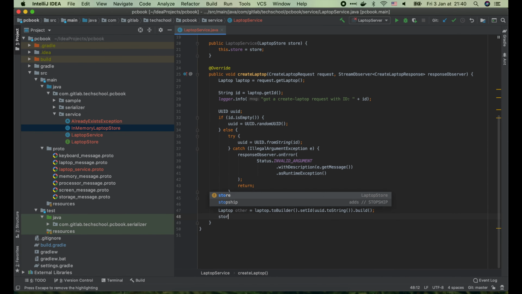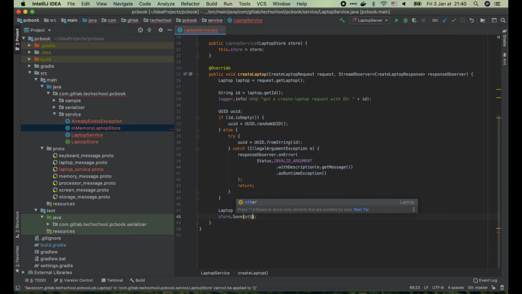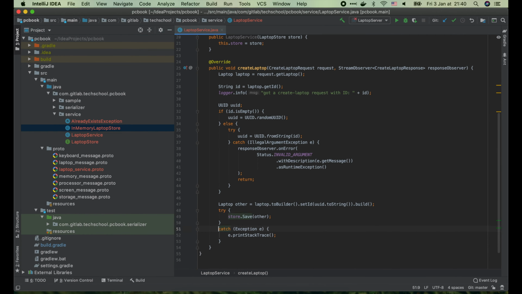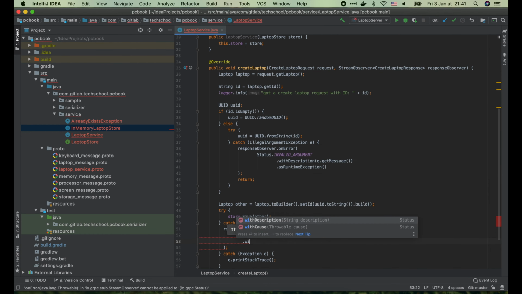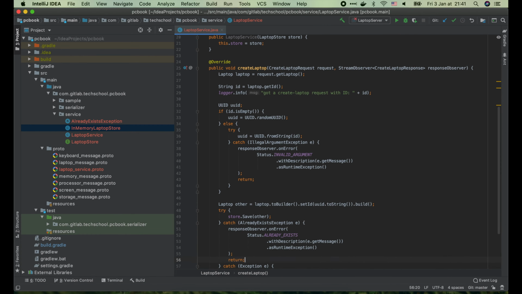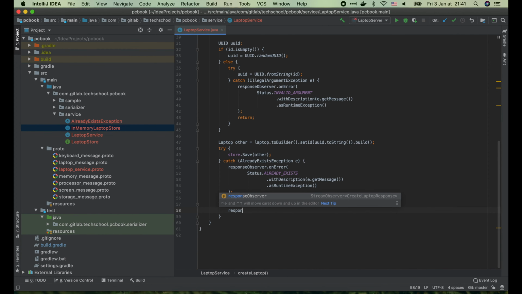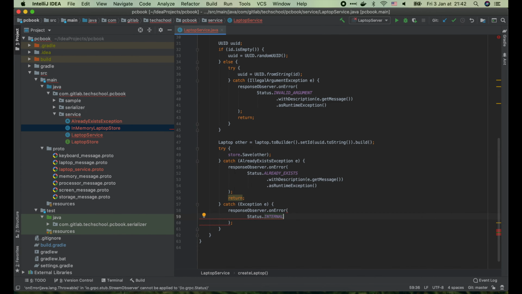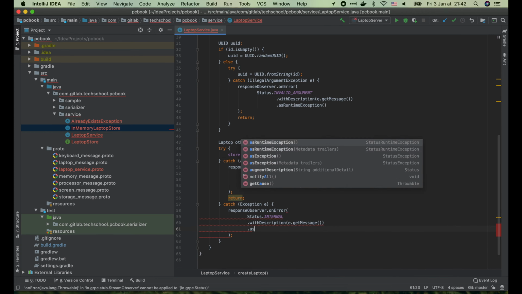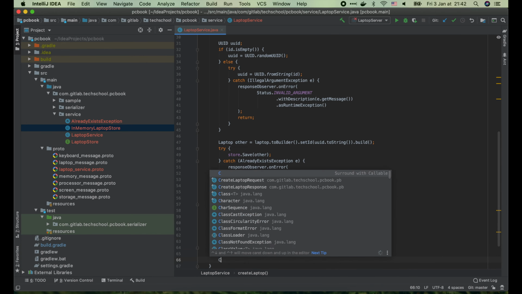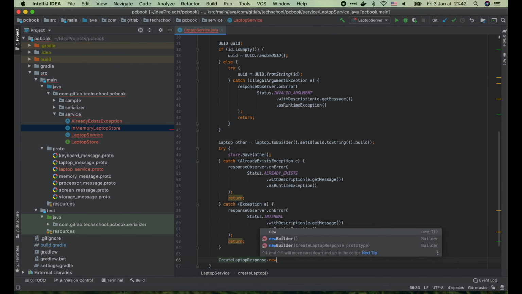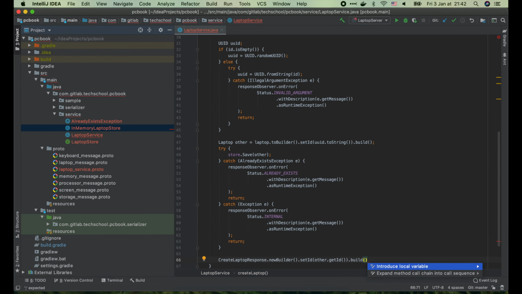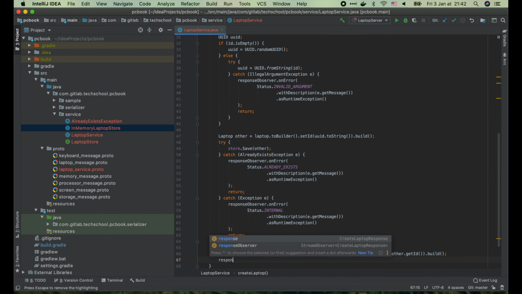Now in the createLaptop function, we can call store.save to save the laptop to the store. If we catch an already exist exception, we will return the already exist status to the client. Else, if we catch an unexpected exception, we will return the internal status, which means internal server error. If there's no exception, we will create a new response object with a laptop ID and return it to the client by using